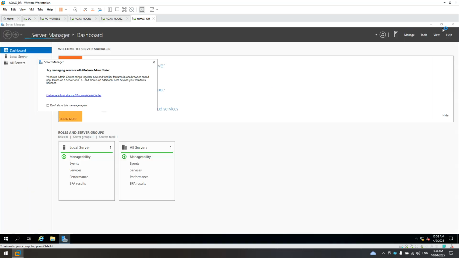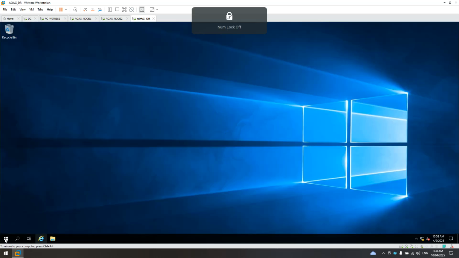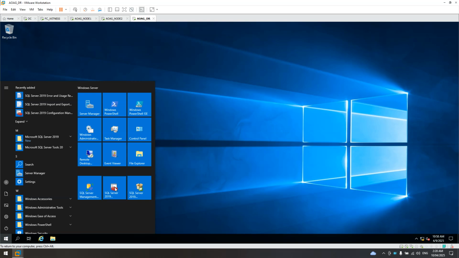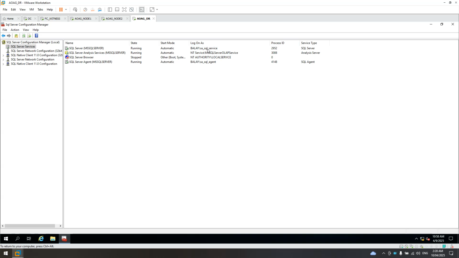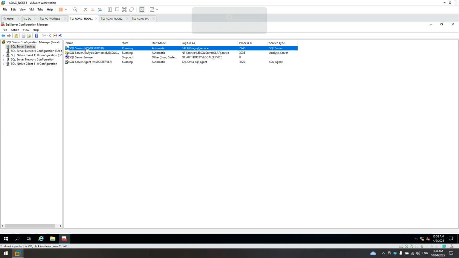Okay, let's close this. Let's open configuration manager on DR and under SQL Server service, expand this. Let's double check the engine. SQL is using the SQL service account. Okay, that's good.